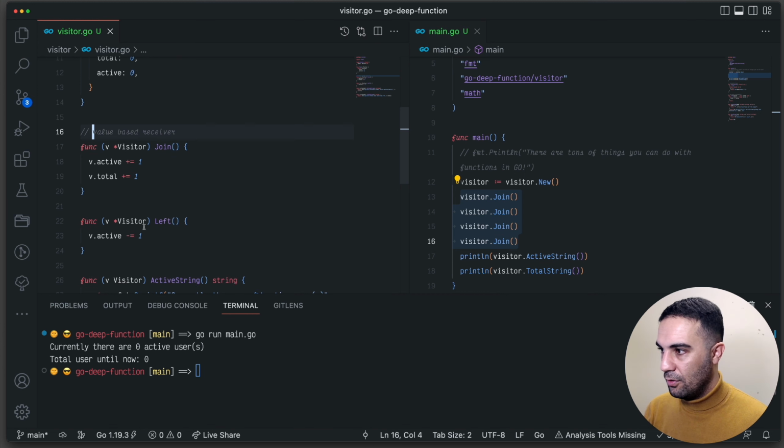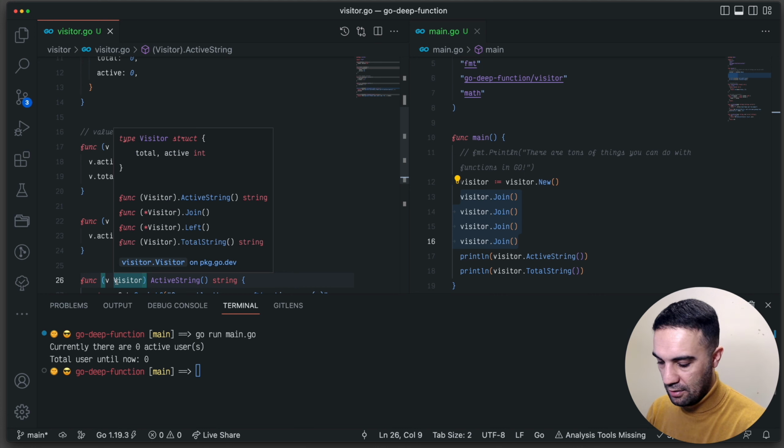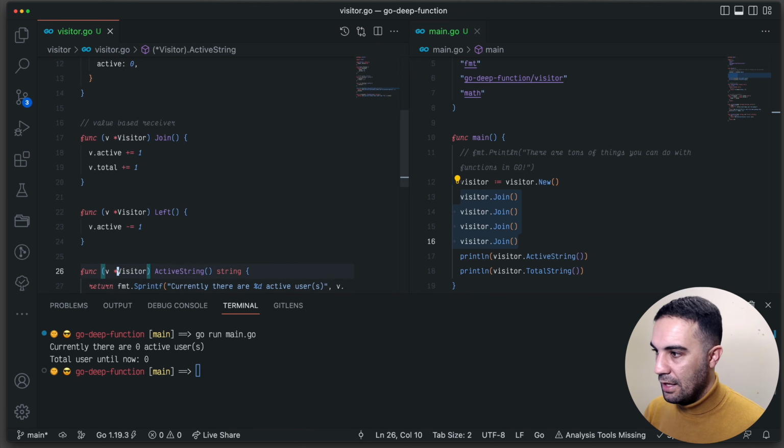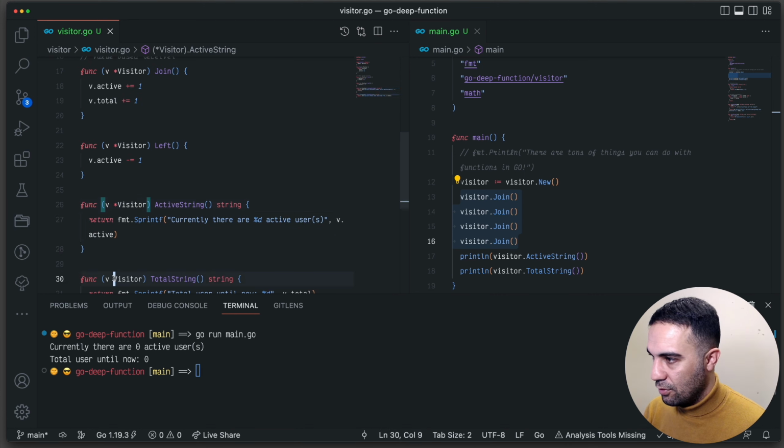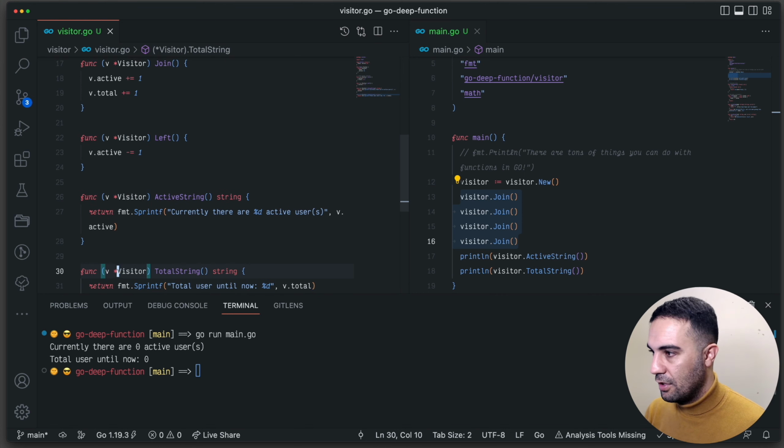And the same for the left. I'm going to do the same thing for string function as well. And the next thing would be also the total string. So if you run it this time,